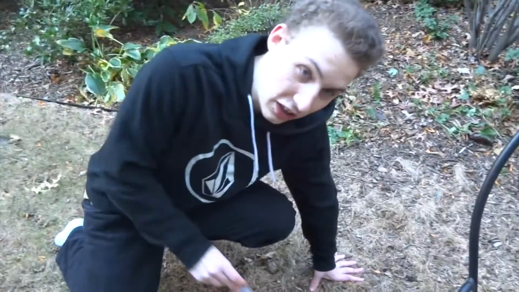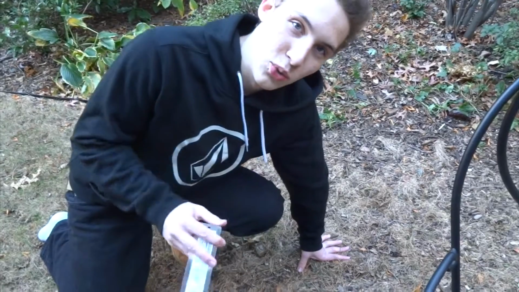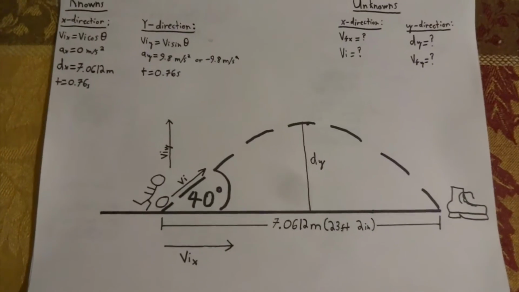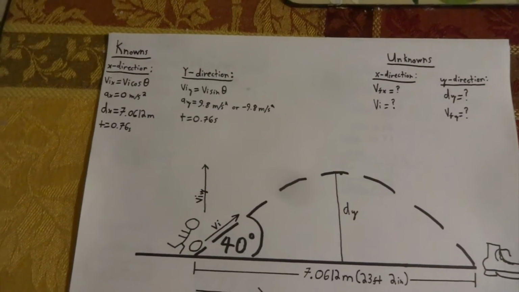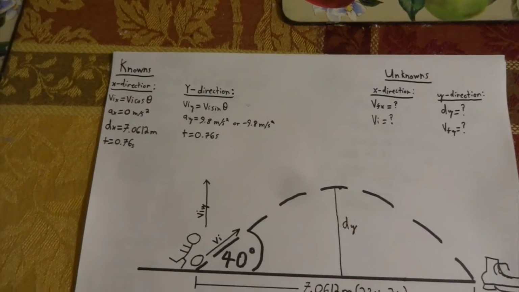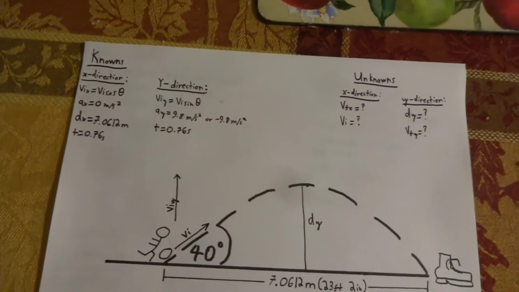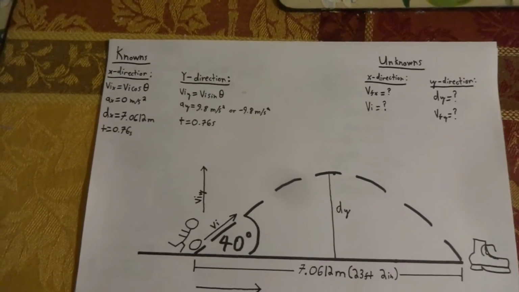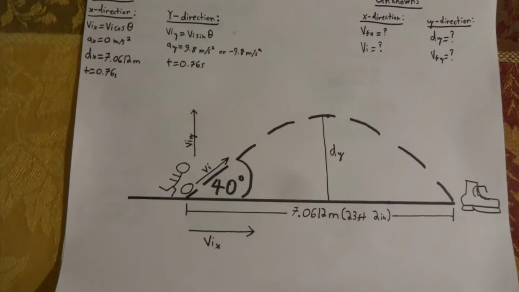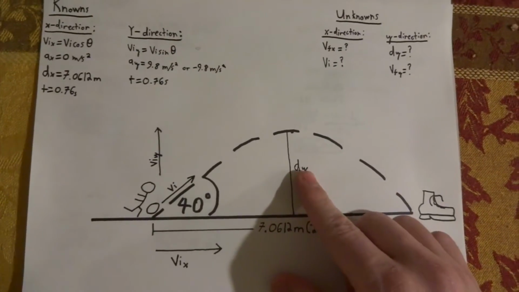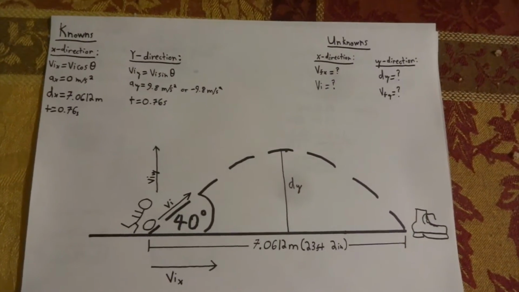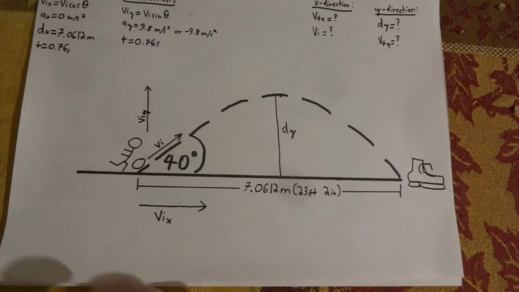The distance from there to here was 23 feet and 2 inches. Okay, so in case you didn't understand what just happened, I was trying to kick a soccer ball. Sadly, once I kicked the ball, my shoe went flying off into the distance instead of the ball itself. Today, we are going to figure out how high my shoe went, the dy, how fast it was initially going,